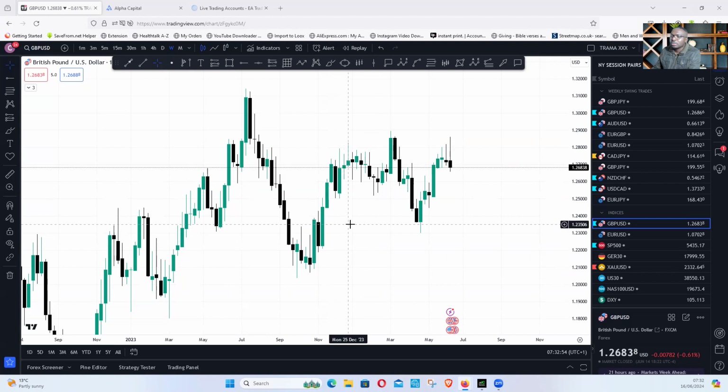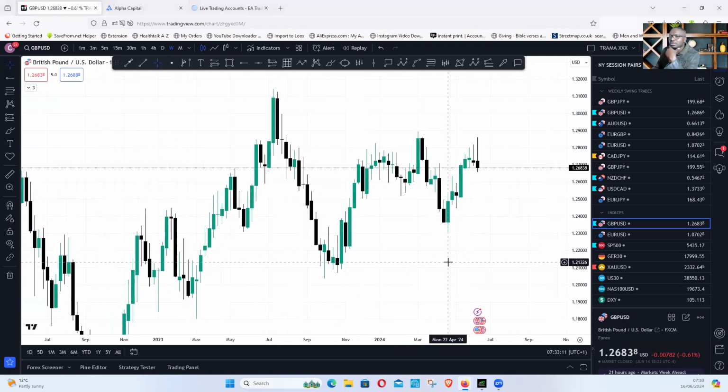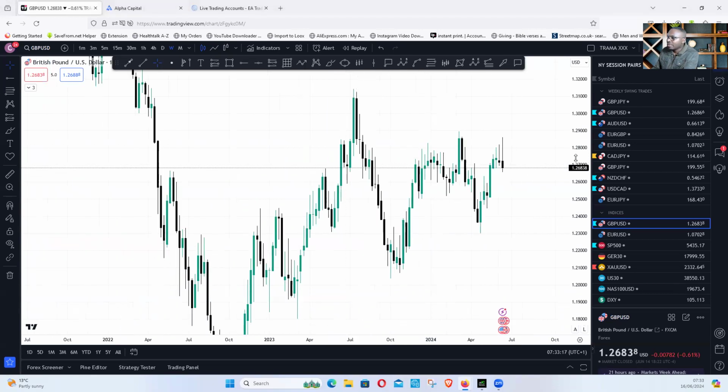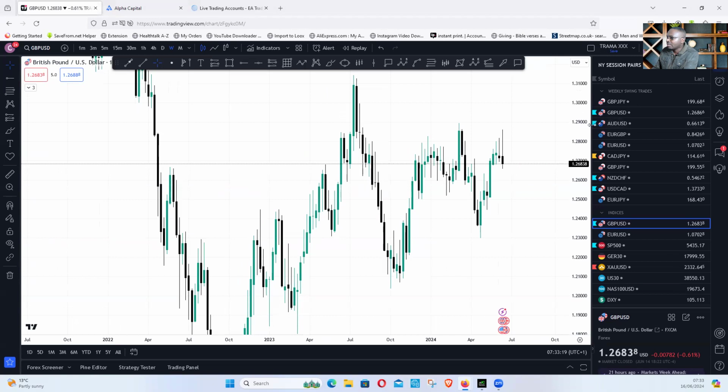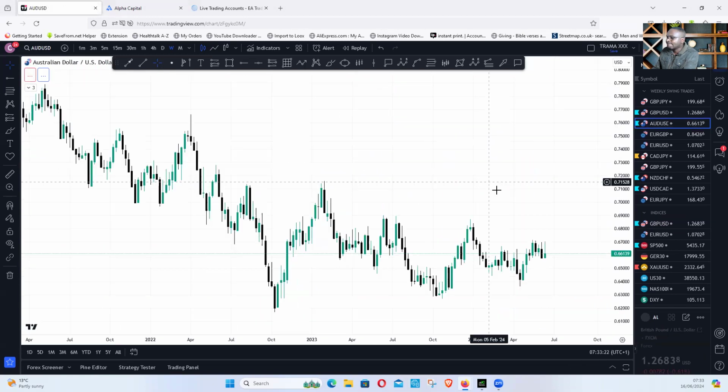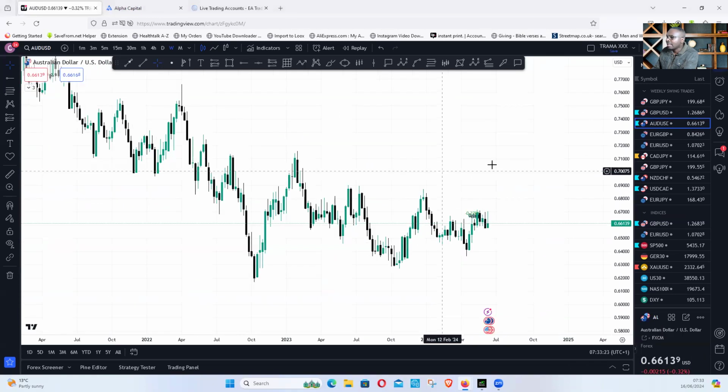So now we're going to be looking at a few pairs here: GBPUSD, EURUSD, and also SP500, as one of the pairs that I now look into and trade. So first of all, we are on the GBPUSD on a weekly chart. And if you can observe something here on this weekly chart, you will notice that